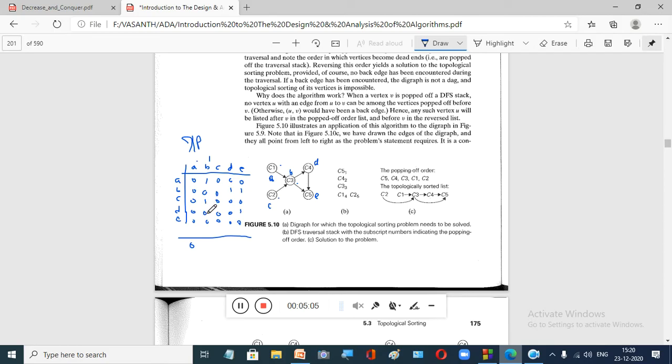Now B has 1 and 1, so when you find the total sum here, you get the sum as 2. Now observe here carefully. When you are getting 2, you go to this vertex B in our graph. If you observe, the in degree of this vertex B is actually 2, right? Because there are two edges coming.